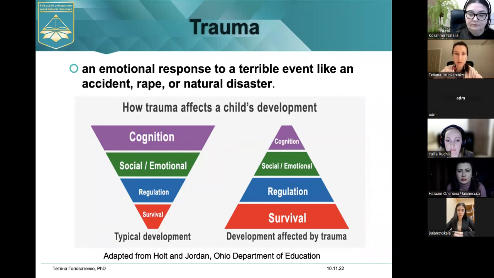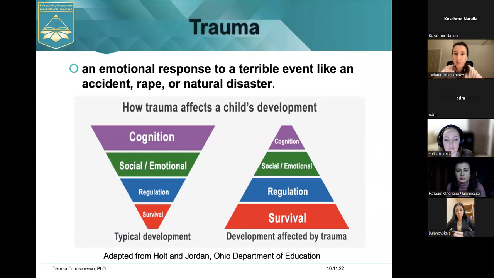And it doesn't necessarily have to be some event like an accident, natural disaster, or war. Even the loss of a favorite pet can become a trauma for a child. And that is why, according to trauma-informed learning, we have to adapt the educational process towards the needs of the participants of that process.